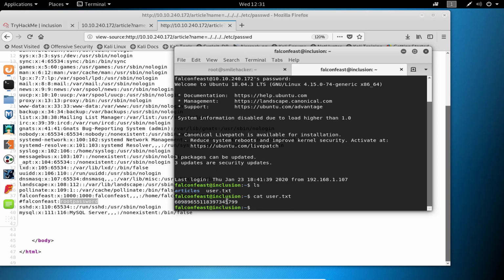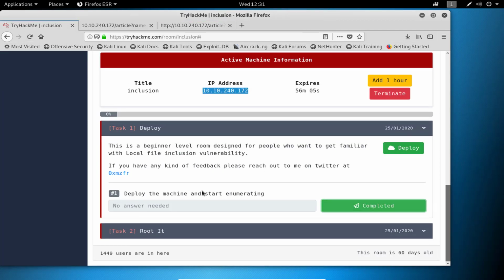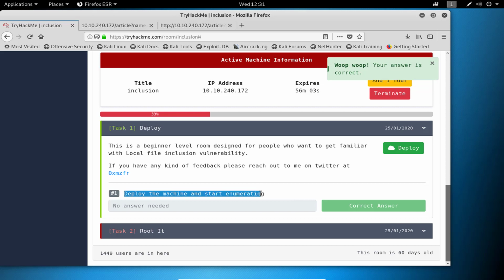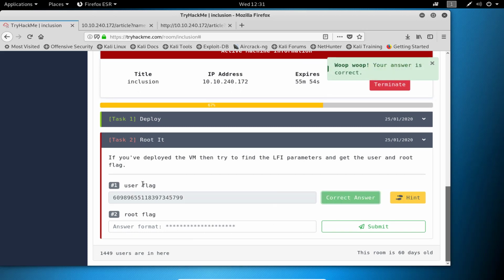So here is our flag. We are going to copy this one and submit it. Sorry, this one we completed already. Deploy the machine and start enumerating. So here we got the user's flag, and I submitted the flag here.